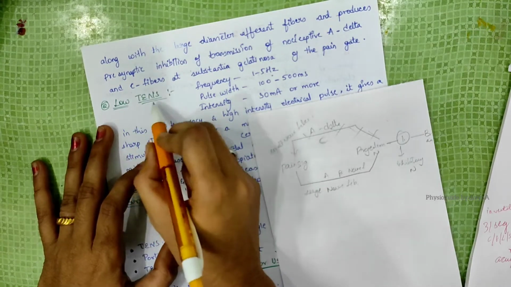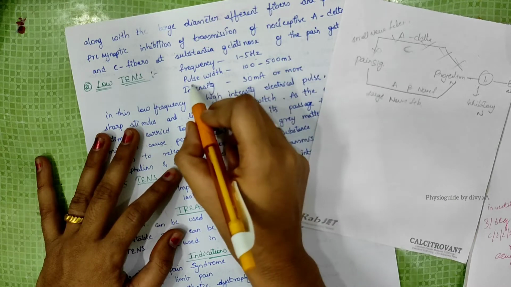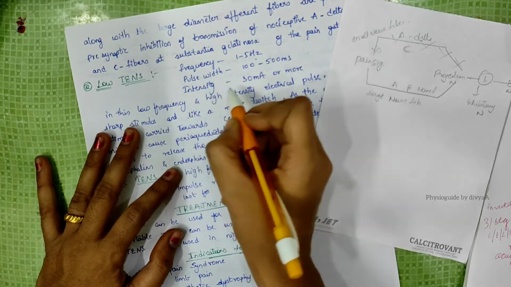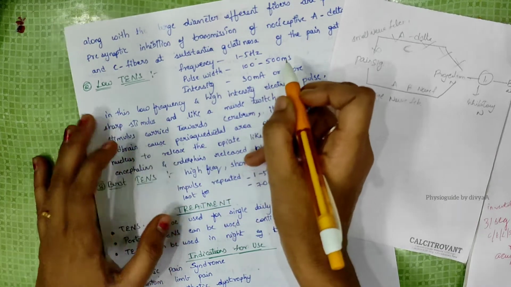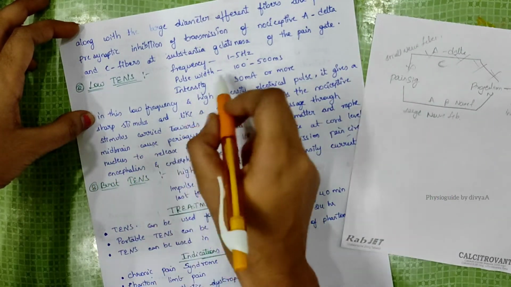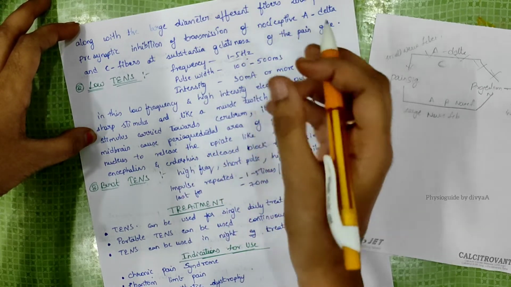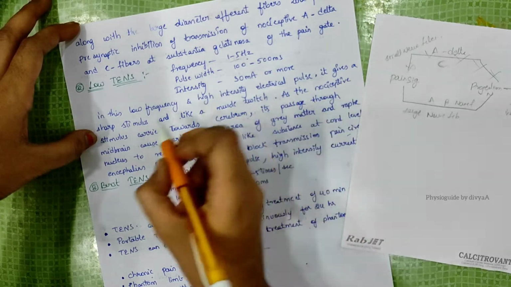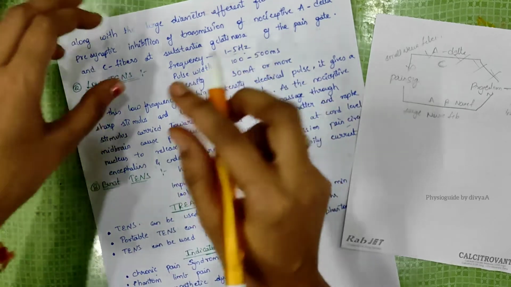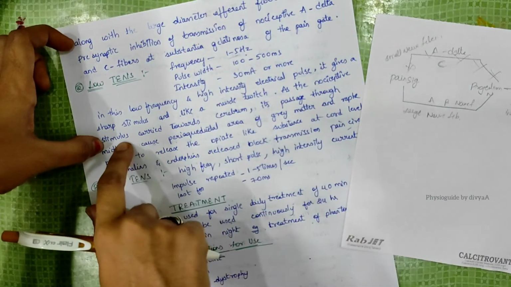Now, low-TENS means the frequency is 1 to 5 Hz, pulse width is 100 to 500, and intensity is 30 or more. In this low frequency and high intensity, the electrical pulse is increased. It gives a sharp stimulus, like a muscle being twisted, and this is a nociceptive stimulus